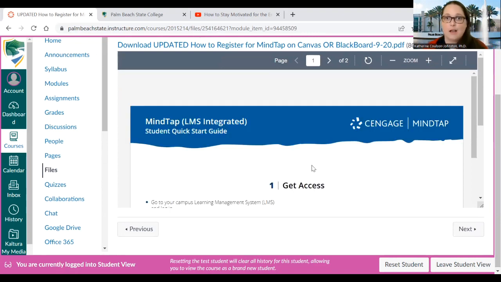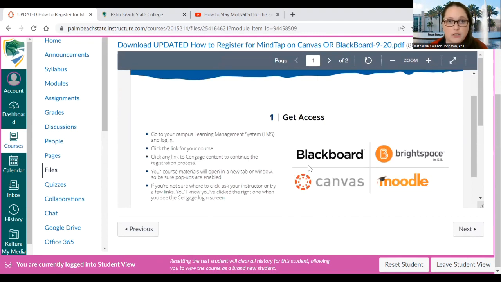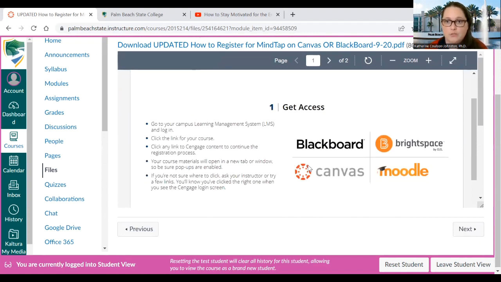So Cengage is the company, the overall company. Cengage is the umbrella. MindTap is kind of the company that we work with through becoming a master's student. So the first thing you're going to want to do is get access by going on to your learning management system, which for Palm Beach State is Canvas. So you will log into Canvas,